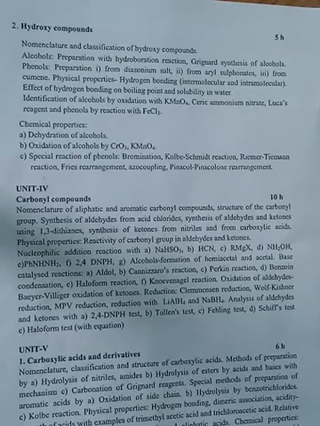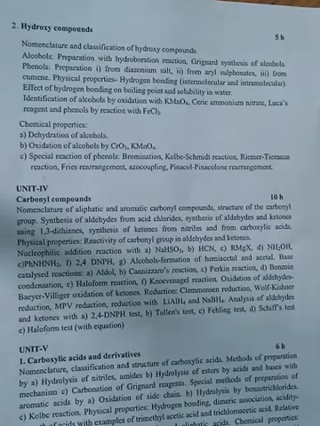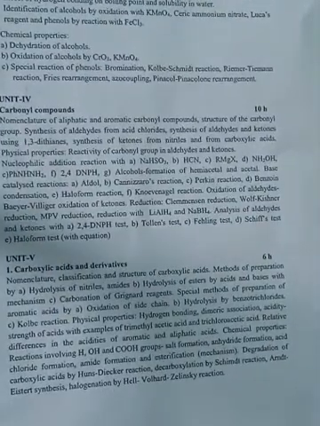Next topic is oxidation of aldehydes by Baeyer-Villiger oxidation, and reduction of carbonyl compounds by Clemmensen reduction, as well as the Wolff-Kishner reaction and MPV reduction. And finally, we have to analyze the aldehydes and ketones with 2,4-dinitrophenylhydrazine, Tollens reagent, Fehling test, as well as the Schiff test, and the haloform test. These are the subtopics in unit 4, carbonyl compounds.